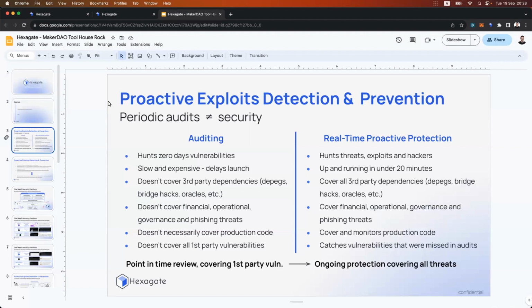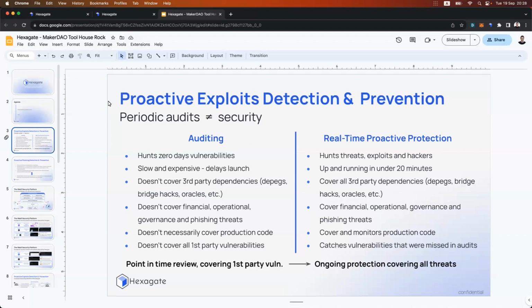And this makes the case for ongoing protection, where the first step in real-time proactive protection is, first of all, mapping all the threats, mapping all the possible attack vectors.